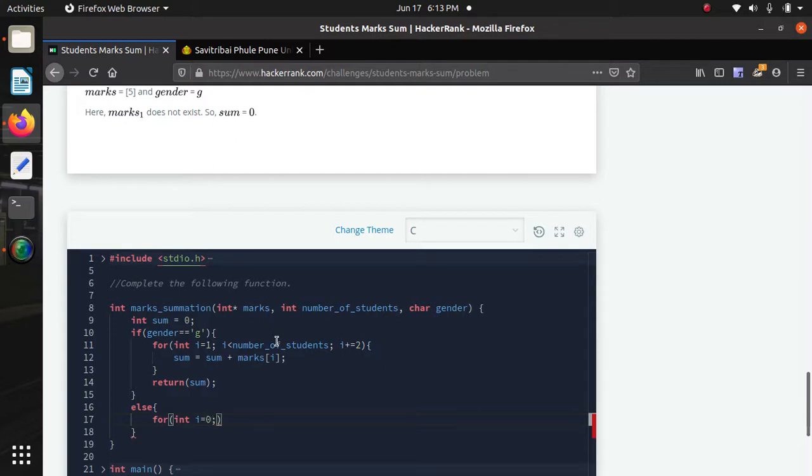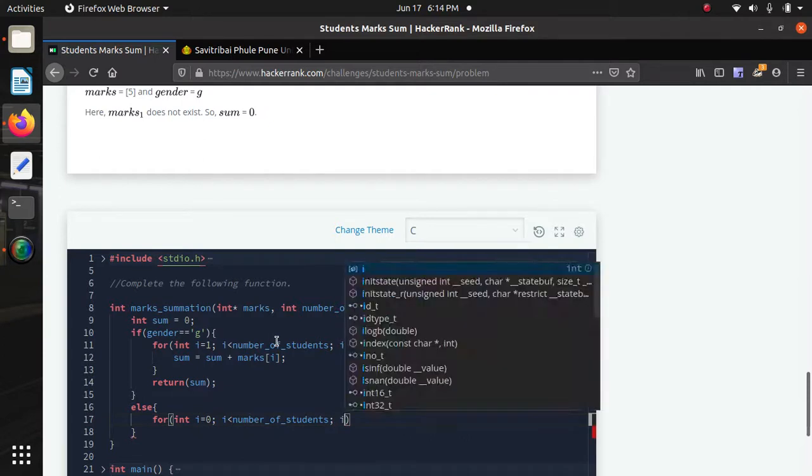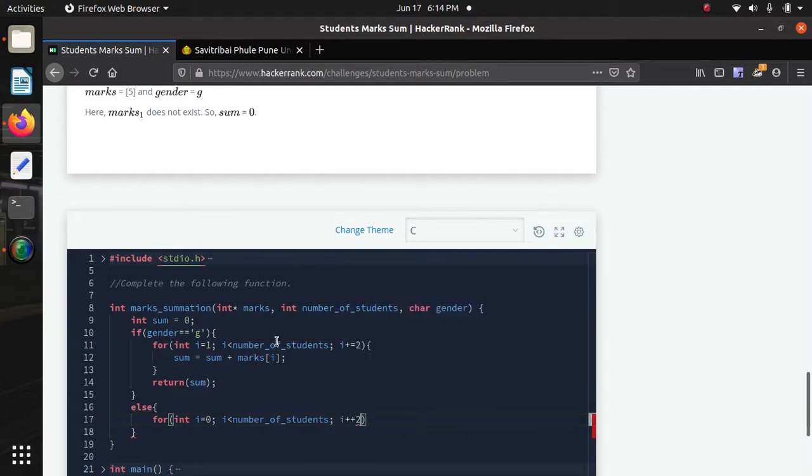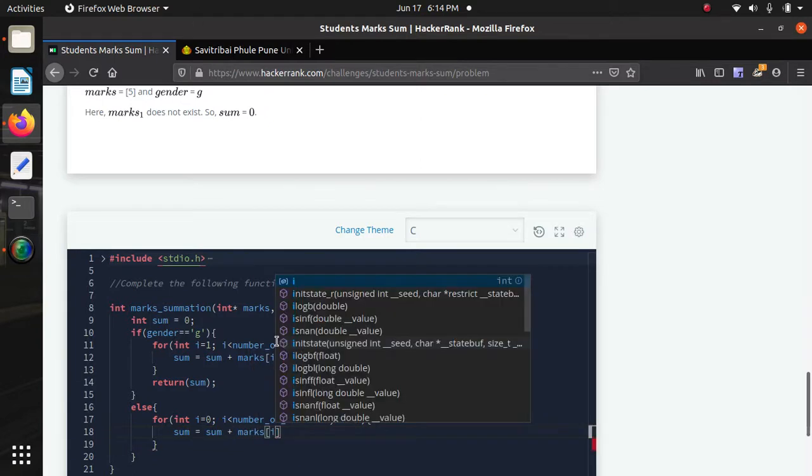Now we start from 0 because 0 is an even number, and i is less than the number of students, and then i plus equals 2. That gives 0, 2, 4, 6, 8, whatever it is. Now we add sum equals sum plus marks of i.